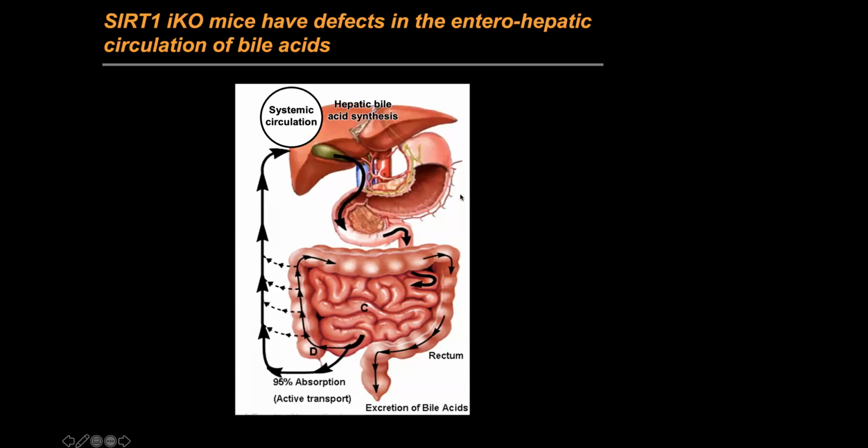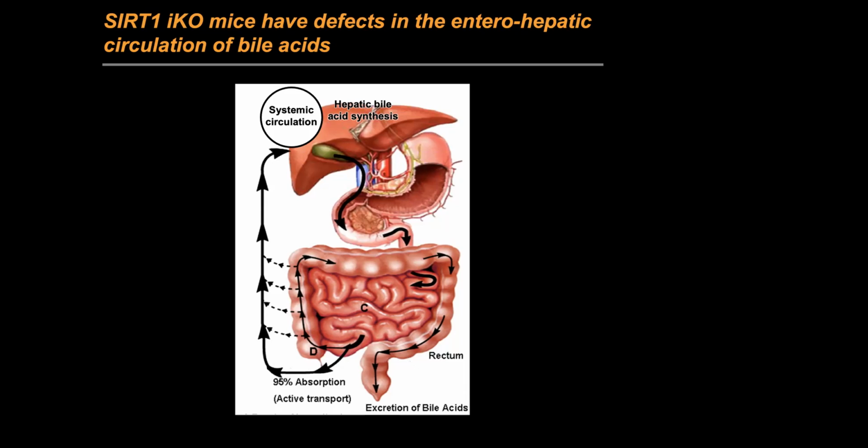So this is a process in which bile acid synthesized in the liver are released to the duodenum after feeding to help absorb lipid, and then are transported back to the liver through portal circulation at the distal ileum. In each cycle, there is about 5% loss of the bile acid from the feces. The liver will synthesize new bile acid in order to maintain a constant level of the total bile acid pool.